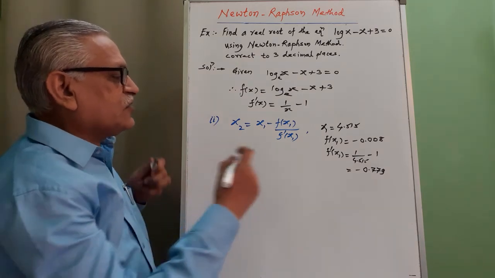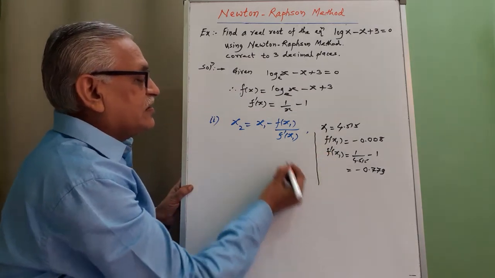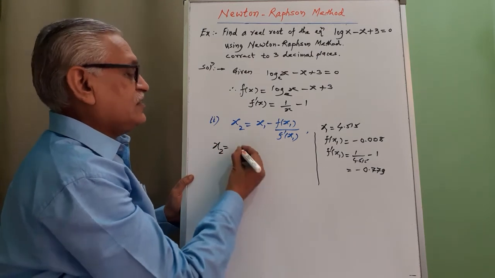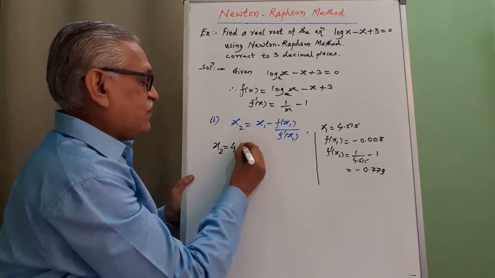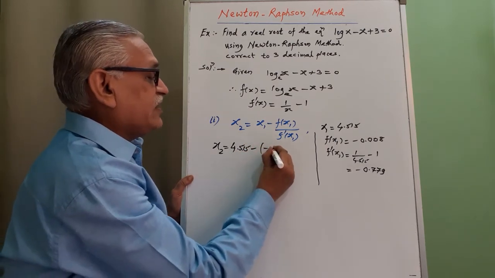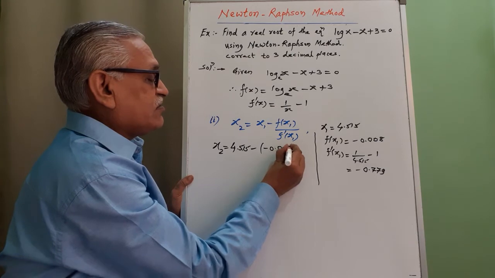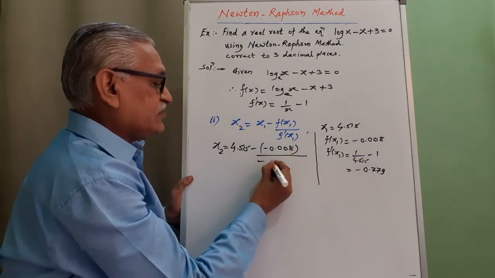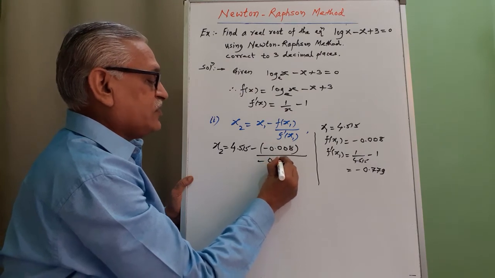Then substituting all these values in the formula, we get x2 is equal to x1, 4.515, minus f of x1, minus 0.008, divided by minus 0.779,